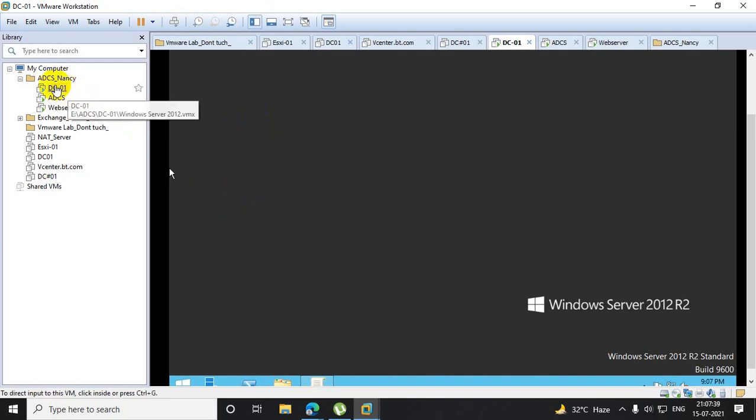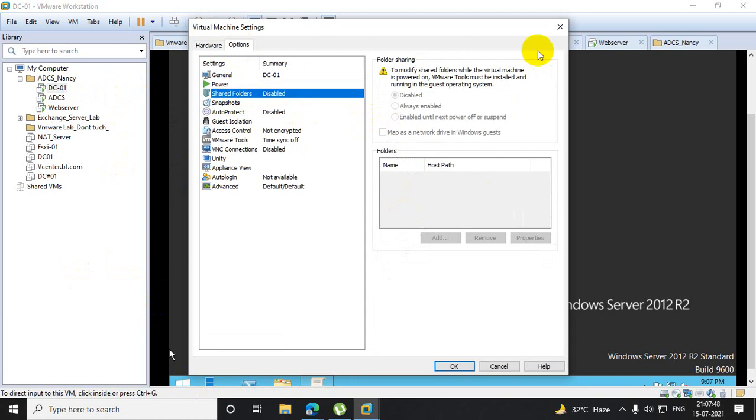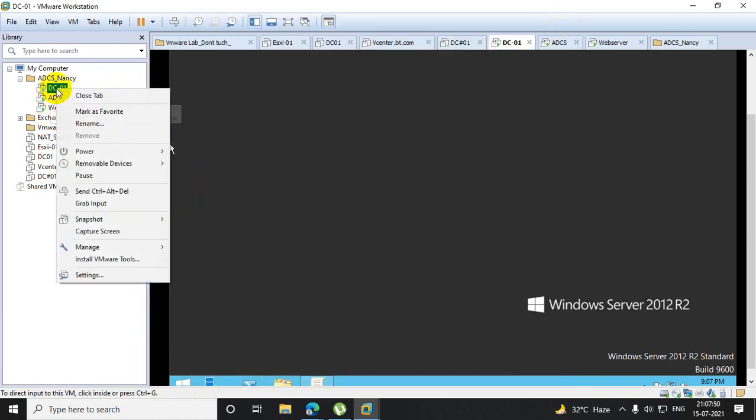By default, let's see whether the VMware tool is installed, because if it is not installed, it won't allow me to copy. So I will install the VMware tools.